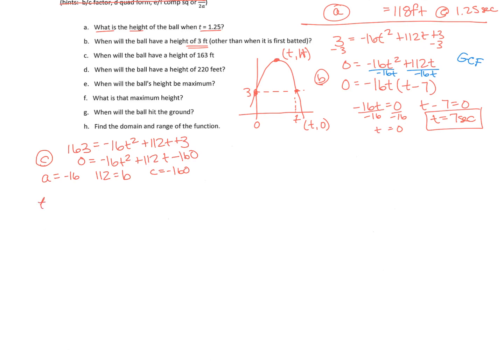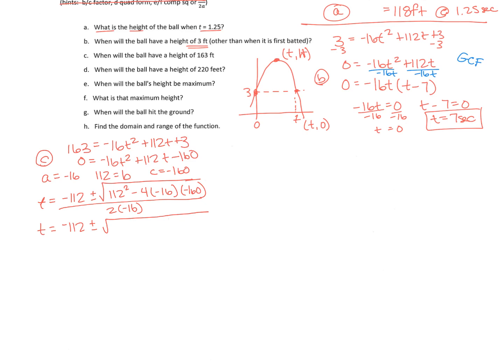My t, or my x, my time, my variable is equal to negative b, negative 112, plus or minus the square root of b squared, which is 112 squared, minus 4 times a times c, all over 2 times a, 2 times negative 16. So now my t equals negative 112 plus or minus, and I'm going to grab out my calculator